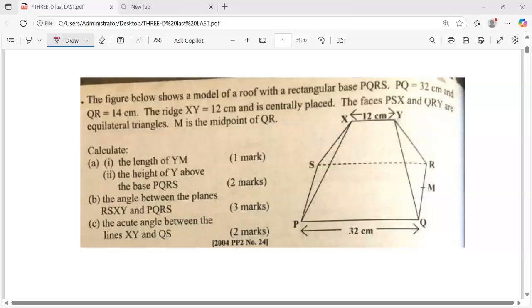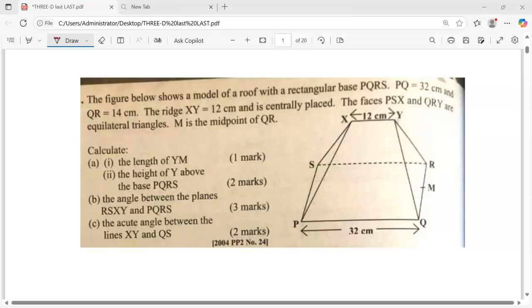We are presenting KCSE 2004 paper 2 number 24, and the question reads: the figure below shows a model of a roof with a rectangular base PQRS. PQ is 32 centimeters and QR is 14 centimeters. The ridge XY is 12 centimeters and centrally placed. The faces PSX and QRY are equilateral triangles, where M is the midpoint of QR. Calculate the length